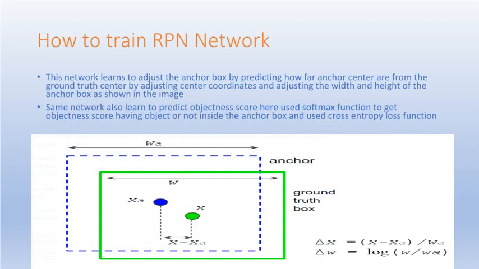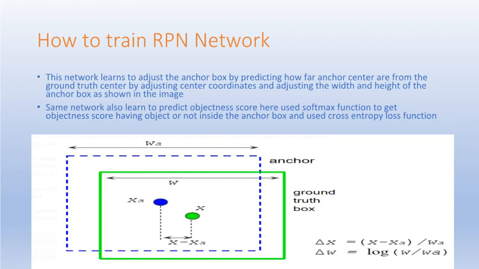Now let's learn how to train RPN. This network learns to adjust the anchor box by predicting how far the anchor center is from the ground truth center, by adjusting the center coordinates and adjusting the width and height of the anchor box, as shown in the image. The same network also learns to predict the objectness score. Here we use the softmax function to get the objectness score of having an object or not inside the anchor box, and use the cross entropy